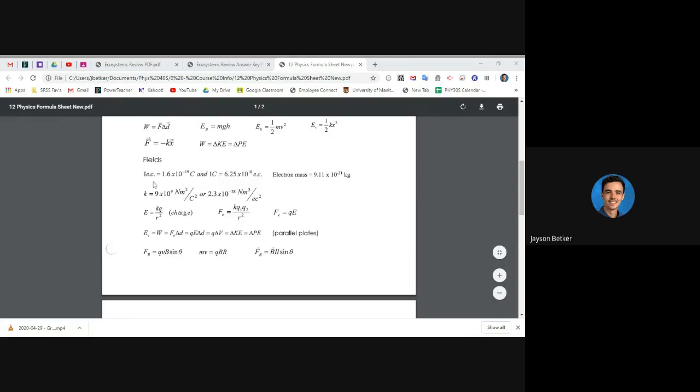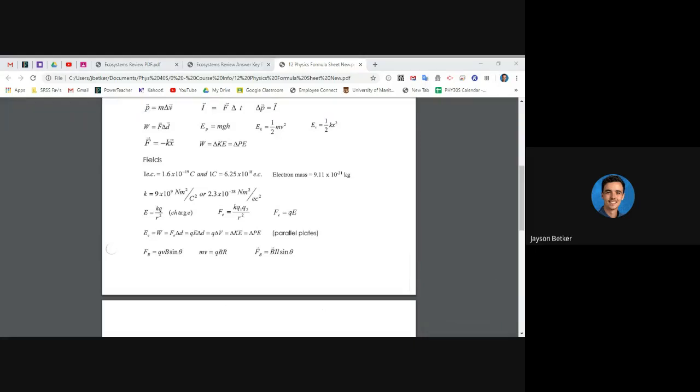Now, one elementary charge is equal to 1.6 times 10 to the negative 19 coulombs, or vice versa, 1 coulomb is equal to 6.25 times 10 to the 18 ECs. Okay, so maybe a quick refresher on that when you're doing the practice problems on your own today, or whenever